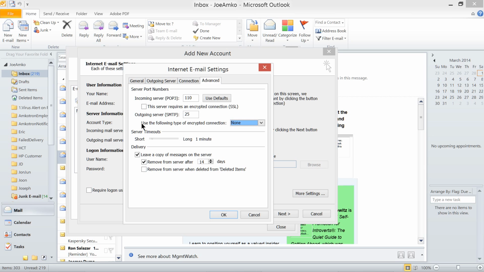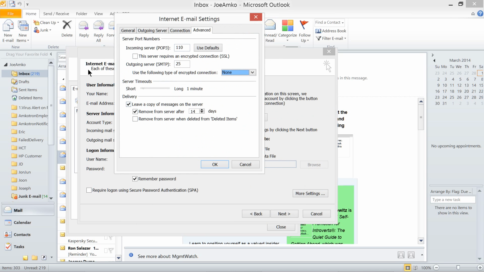So another thing is the delivery option right here. If you want to leave your emails on the server before retrieving them for 14 days, you can click this. Now, it shows that the email stays there for 14 days and then it will be deleted after that.